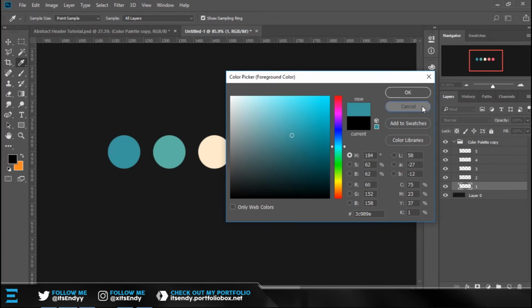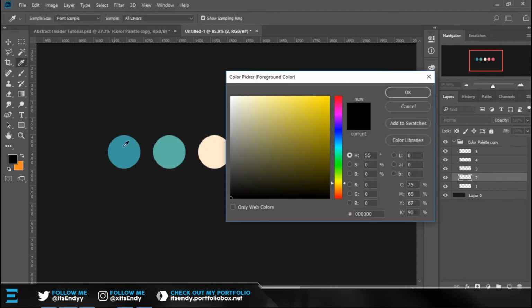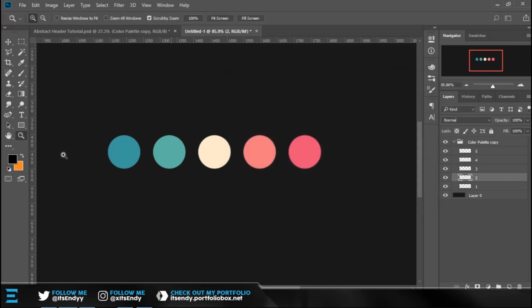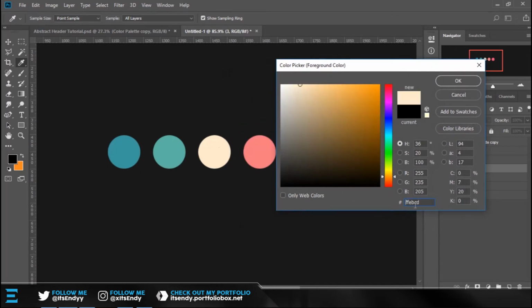And yeah, so after that, I'm just gonna click cancel, and then the second color is gonna be this lightish blue, a cyan look. And then the color hex code is gonna be 5DB5A4. Alright, so just pause the video and then I'm gonna click on cancel, and then next thing is this whitish color, and then the color hex code is hash of